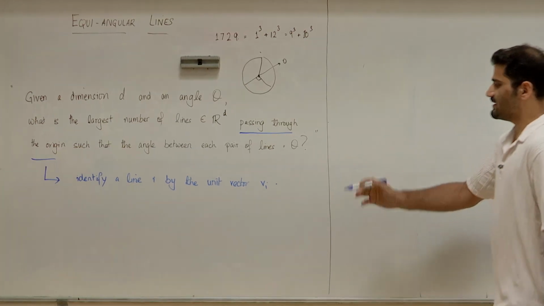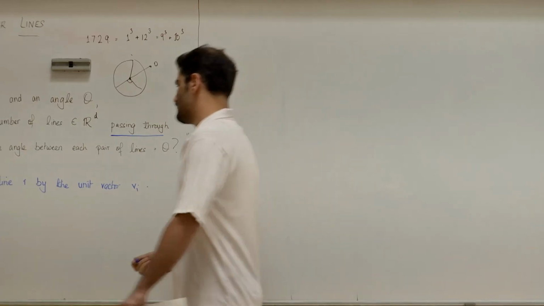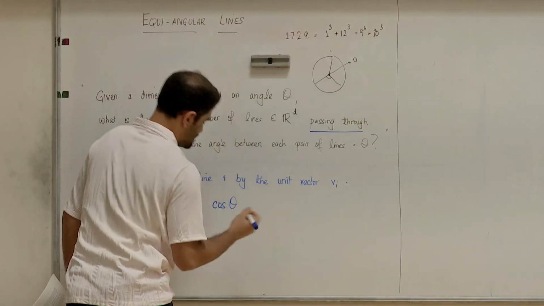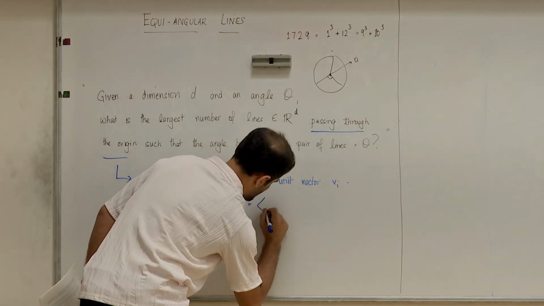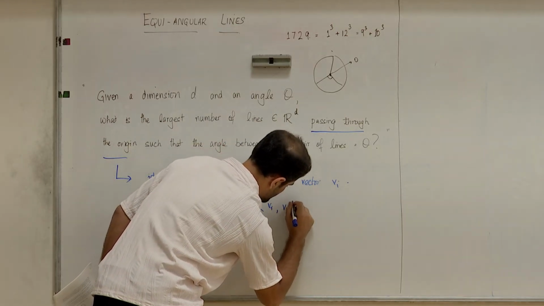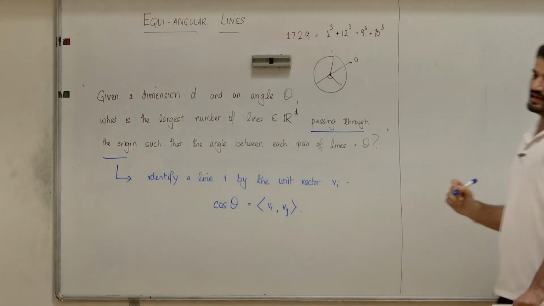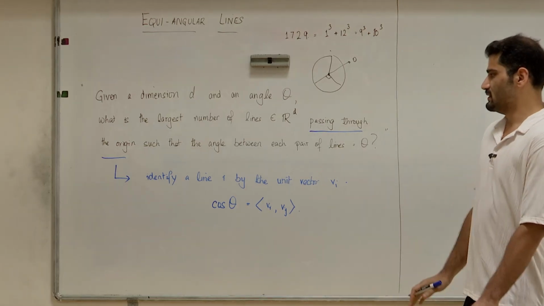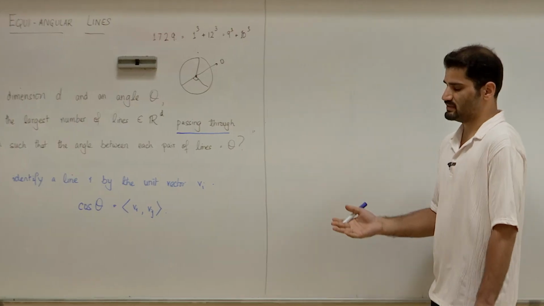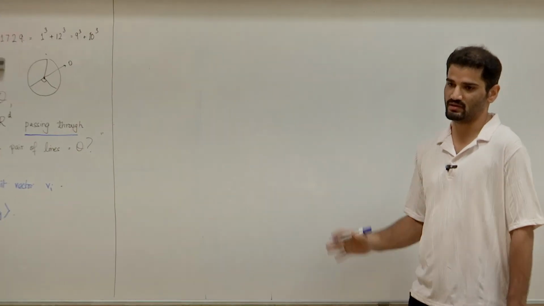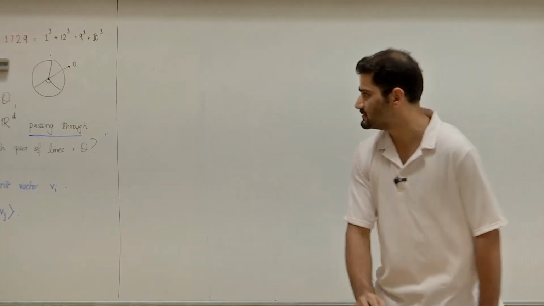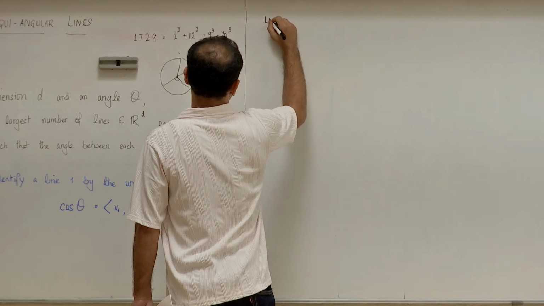Okay. Once I write it as a unit vector, to define the angle, the angle between i and j is just the inner product of Vi and Vj, because the magnitude is 1, so it is not necessary to write it. The angle is just the inner product. So I can say, what is the number of unit vectors such that the pairwise inner product is this. This is not quite the case because there is a distinction between